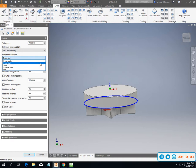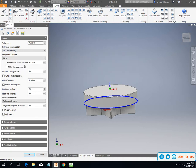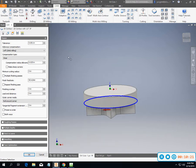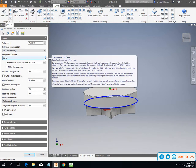Now, another way to go is where. If we go where, then we need to make sure that we set our cutter compensation on the machine at the tool library to 0, and then only control it by where. So the idea is, a brand new end mill programmed this way, everything will be set at 0